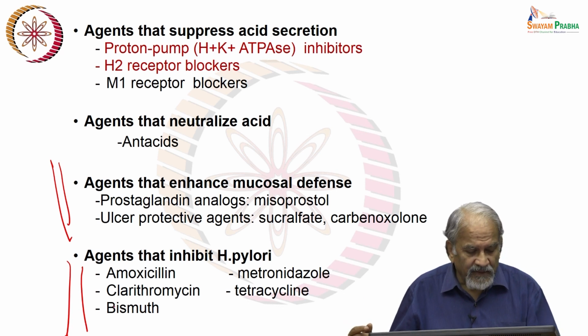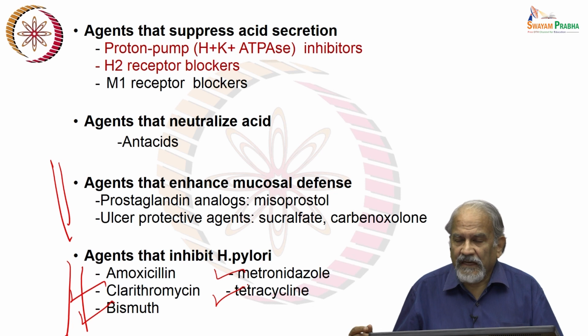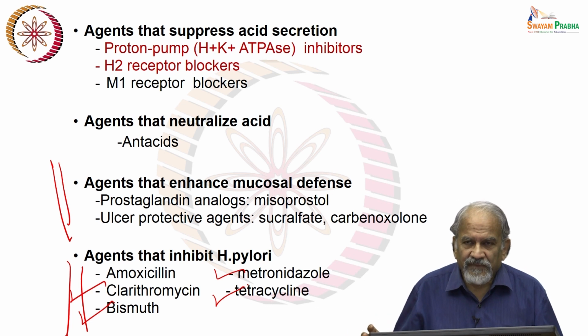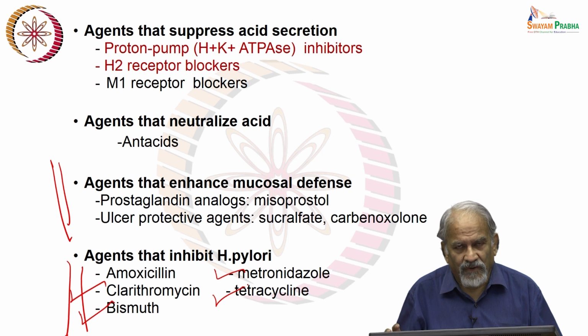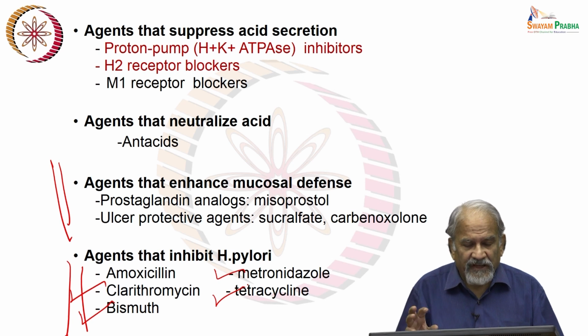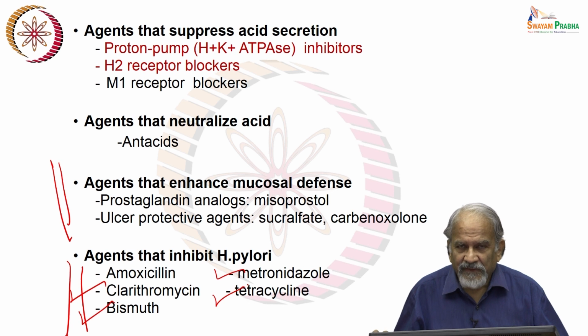clarithromycin, bismuth, metronidazole and tetracycline. And what was found is that if you give a combination of these drugs, then H. pylori eradication is faster, and the important thing is relapse is less. So, if we say the role of H. pylori infection